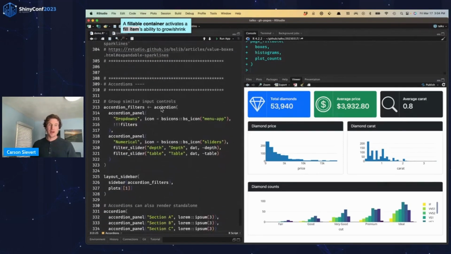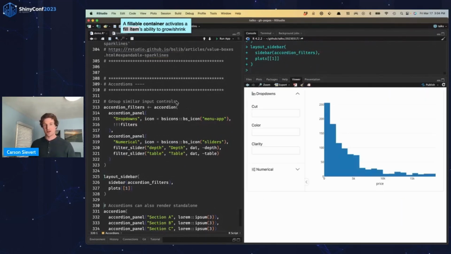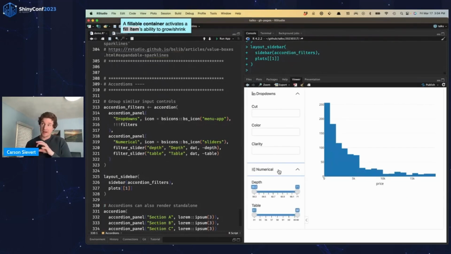All right, we're also adding accordions in the development version. So here I'm going to use accordions and plop an accordion inside of the sidebar, which can be a really convenient way if you have tons of input controls and there are maybe groups of related input controls.